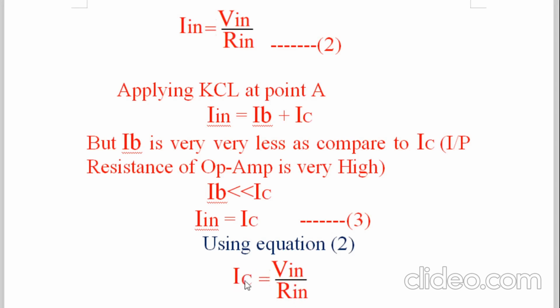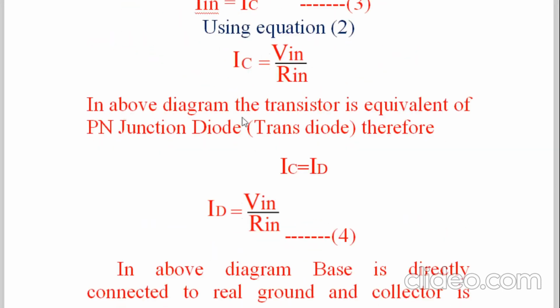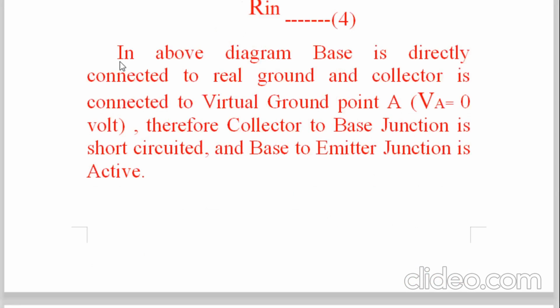And this IC collector current is nothing but diode current. So in the above diagram, the transistor is equivalent to a PN junction diode, that is transdiode. Therefore, collector current is equal to diode current ID. Therefore IC is equal to V in divided by R in, and that IC is equal to ID, therefore ID is equal to V in divided by R in. So equation number 4. Now here in the above diagram, base is directly connected to the real ground